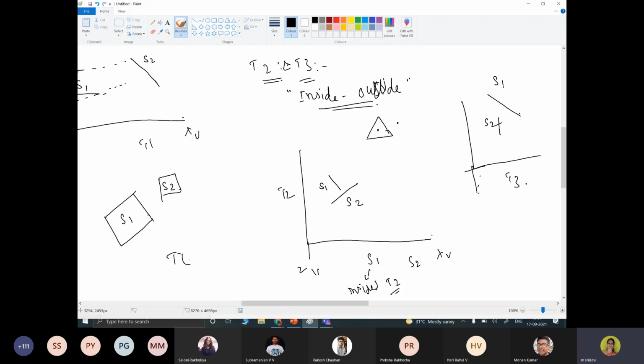This is the test 4 we are going to do: checking for the intersection between the bounding edges of two surfaces using the equation of a line in the XY plane. We can draw a rectangular bounding box, and let there be another bounding box.